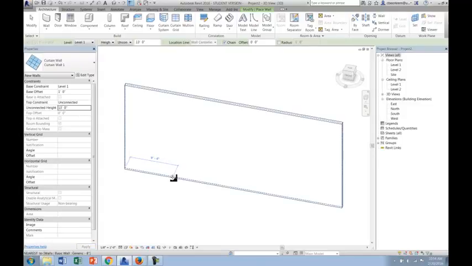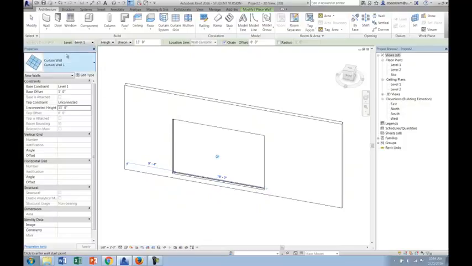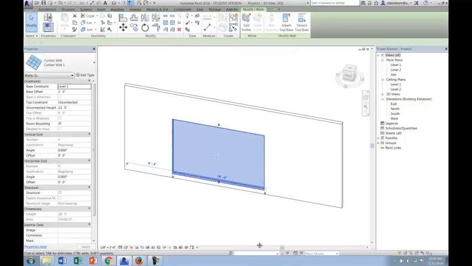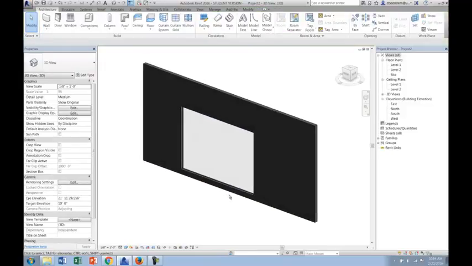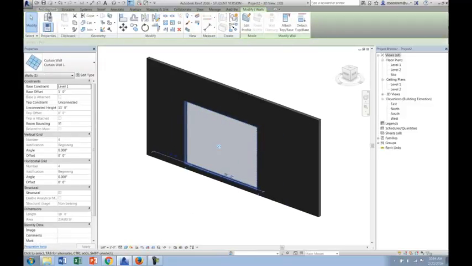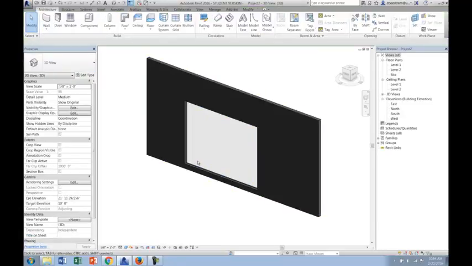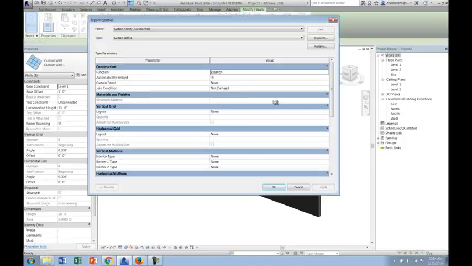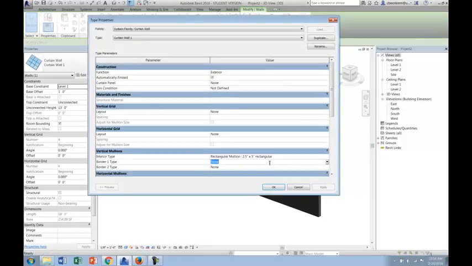And now when I come in and start drawing, you can see it's already cutting into the existing wall that I've already made here. And now I can select that window type. If I turn on shaded view, you're going to see it's actually cut that curtain wall into the wall face. And then I can go through and do my typical either select the curtain wall and come into edit type and start changing the mullion types all the way across the system, or I could do it with my typical grid, as I might come in